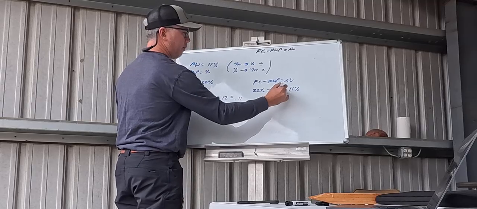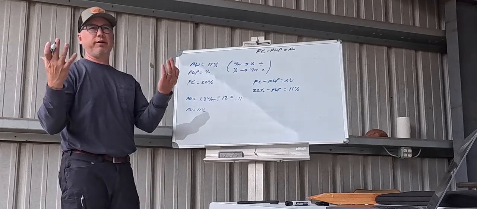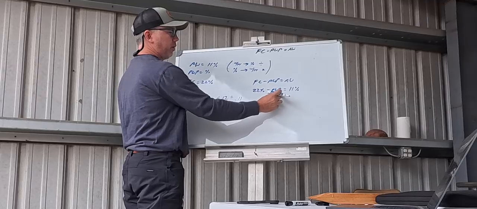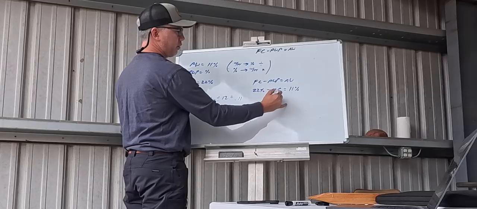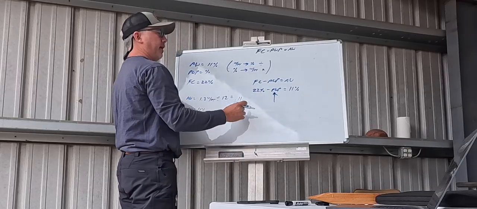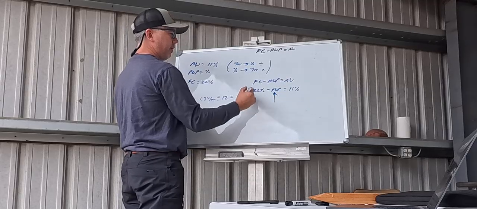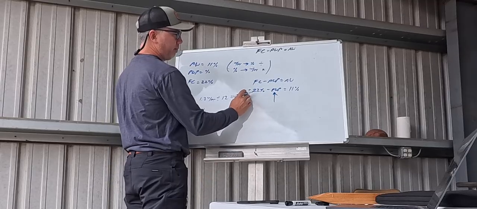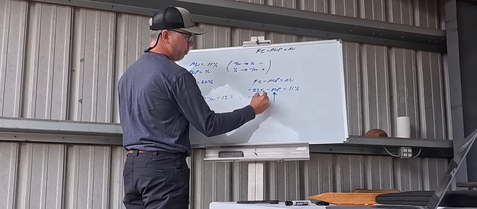Now, the one we don't know is PWP. We call it the variable, because we don't know what it is. You want the variable always all by itself on one side of the equation. So our goal is to get this guy alone. The way you do that is you move the number you do know to the other side. We know this is a positive just by default, so if we want to move it over here, we do the opposite. We subtract 22%